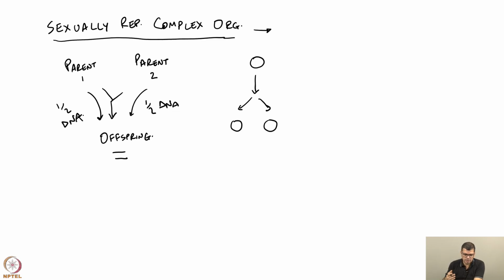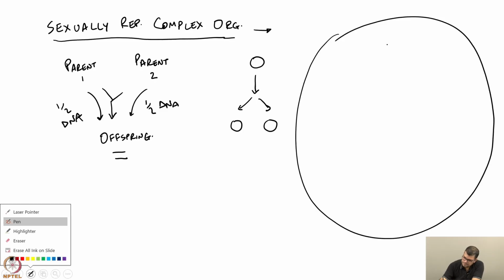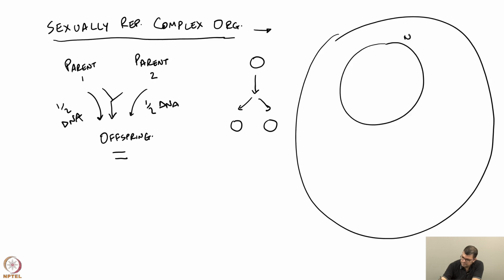And before we go any further, we first need to look at how our DNA is organized inside the nucleus. By our DNA, I mean any sexually reproducing complex organism, but human beings are a good system to look at this problem. Inside each of my cells, let us say this is a cell, our cells are much larger than bacteria, is the nucleus. Most of our DNA is present in the nucleus. There is some in mitochondria, but that is minuscule and we will not discuss that in this context.